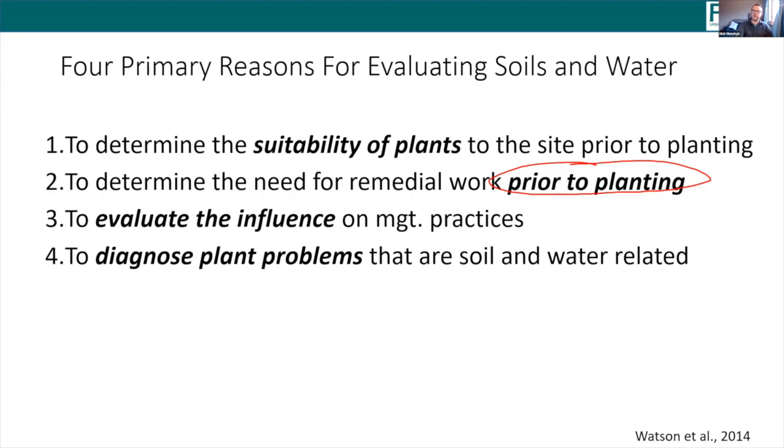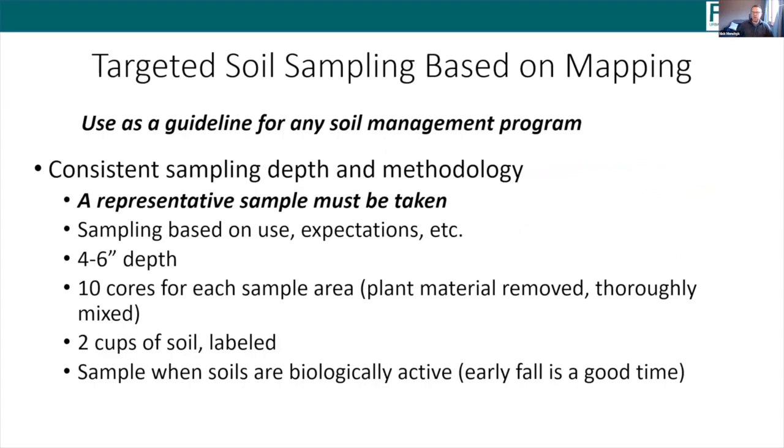And one of the best ways that we can do this evaluation is through soil sampling. I'm a big proponent of targeted soil sampling and using the Web Soil Survey, which we'll talk about over the next few slides, as a way to